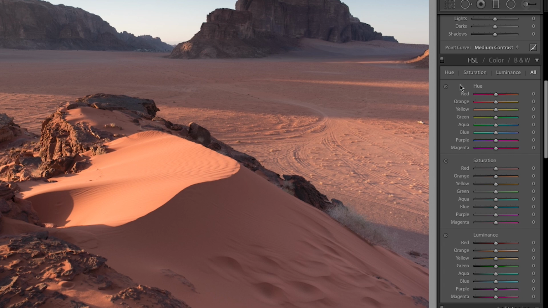So if we take this little sample tool here, let's see if we can adjust the hue of this sand in the foreground. If I click on this and drag it up and down, you can see it's drastically changing the color of the sand itself. And if you look at the sliders on the right hand side, you can see both the red and the orange sliders are being adjusted. So what's happening here is you can see the color gradient throughout here. It goes basically from like a magenta up to yellow,